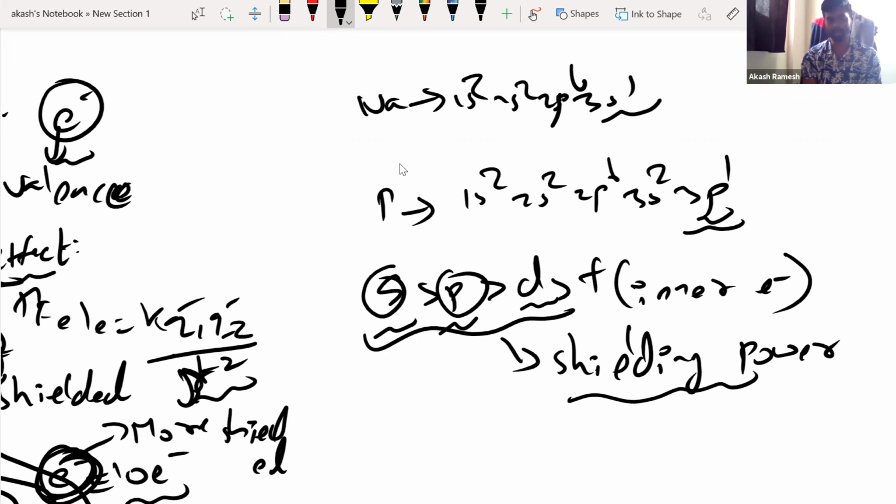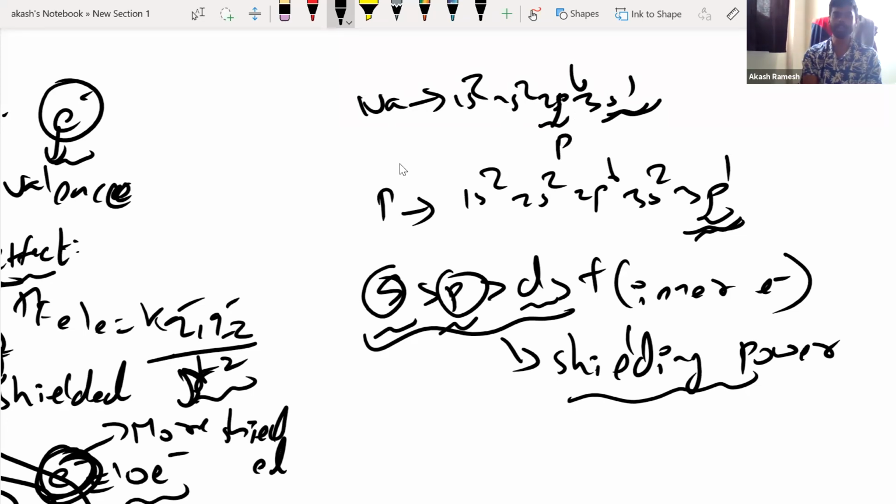So if you look at this example, I ask you to assume the number of inner electrons is the same, though obviously the number of electrons is not the same. But look at this. Say now this is the valence shell and this is the valence shell. Now you look at the previous electron.